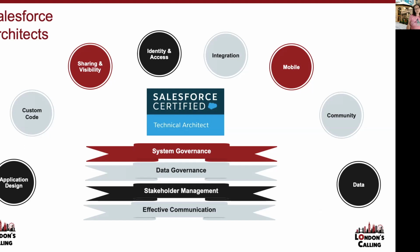And when I say leadership skills, I mean the ability to have sometimes potentially different conversations with different amounts of people, with different types of people. The way you communicate with a C-suite stakeholder might be different to the way that you communicate with perhaps an offshore developer or an onshore developer or a consultant. So stakeholder management is absolutely key, as well as knowledge and experience around how to